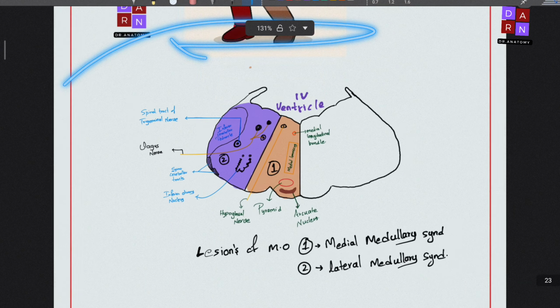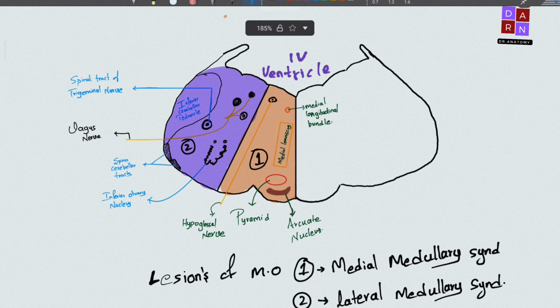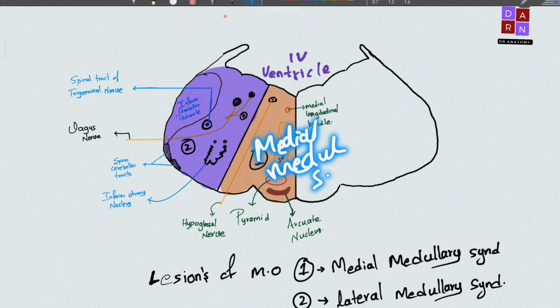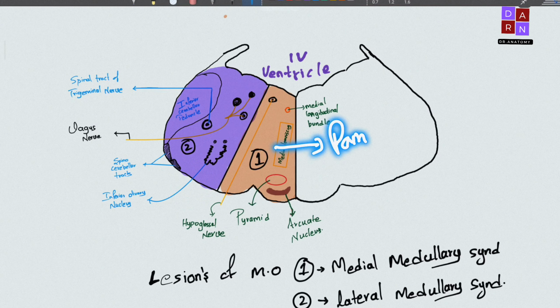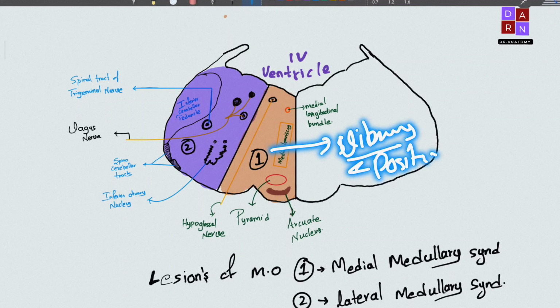So here is an image of the medulla oblongata. Medially, what structures are present? So this is your medial medullary syndrome. This is your lateral medullary syndrome. What structures are present here? We can see the medial lemniscus. Because of this, the sense of vibration is gone and position sense is gone. And the pyramidal tracts, because of this you will see paralysis,